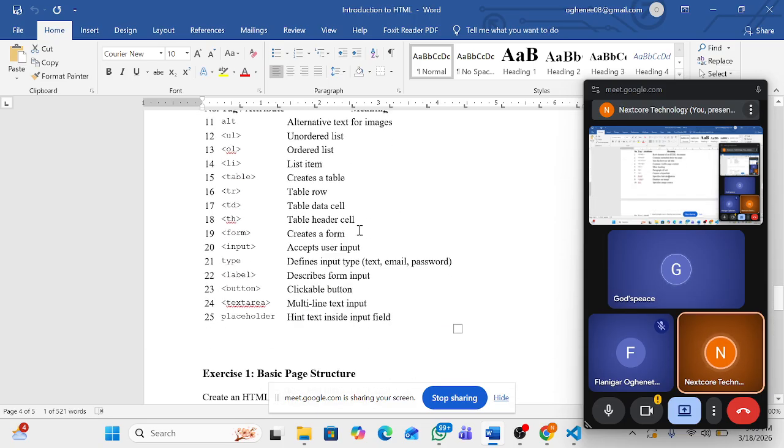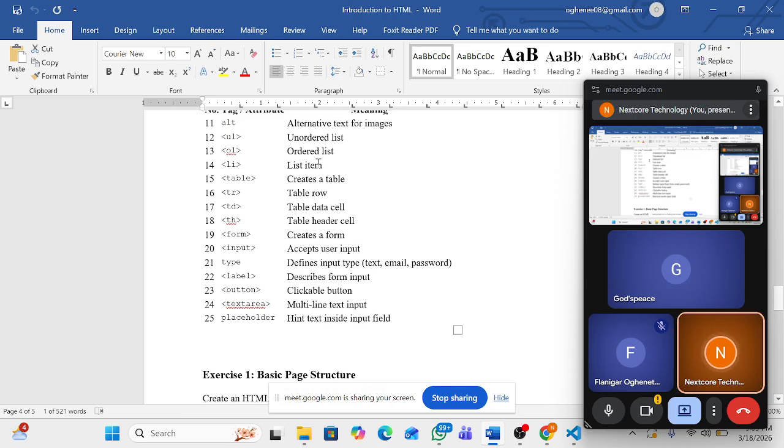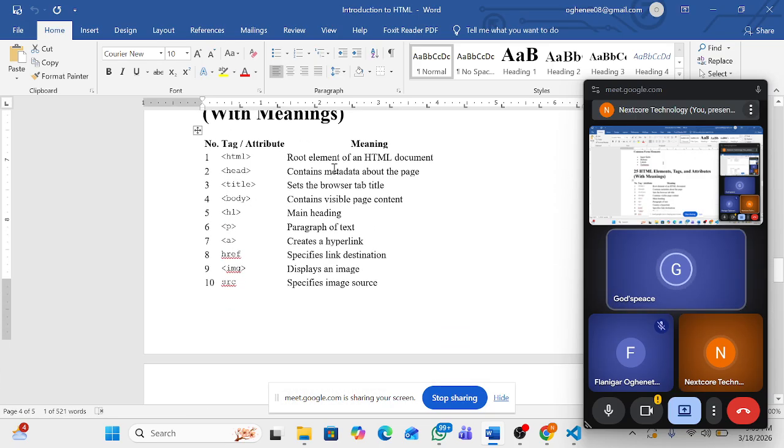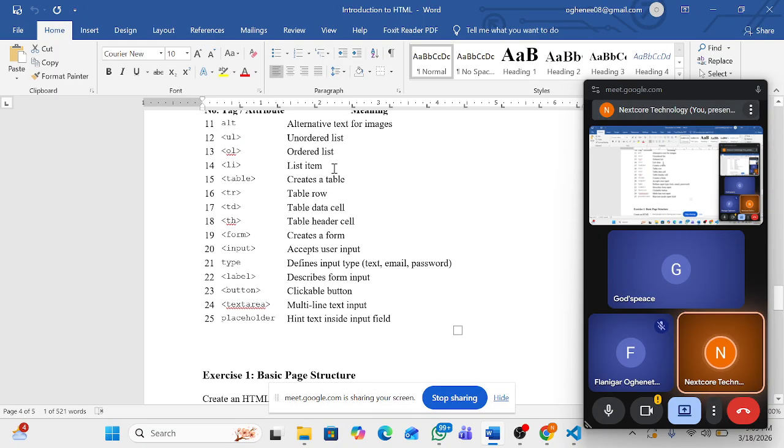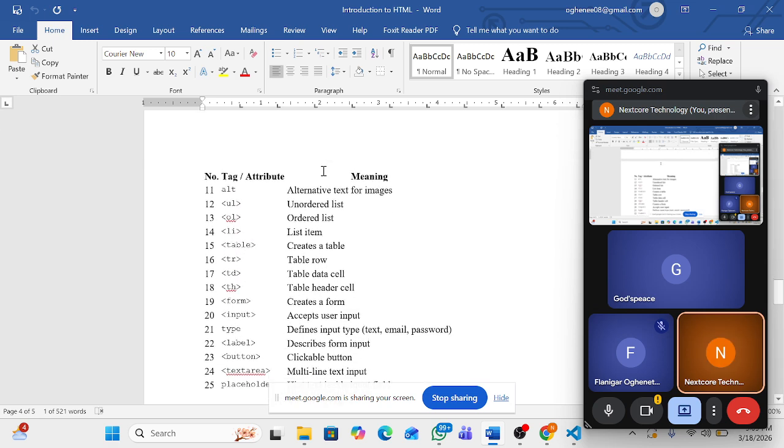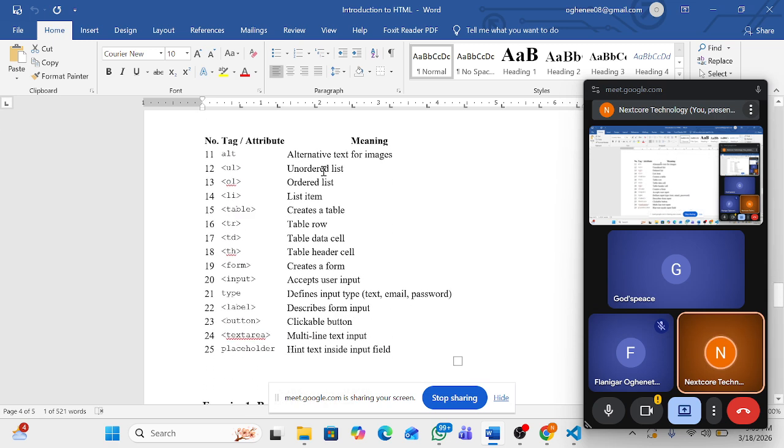I've already given you how many of those? Okay, here is 25. But this 25 is not everything. So you can still go and search, but make sure that you write 30. But I've already given you 25. So the 30 that you write